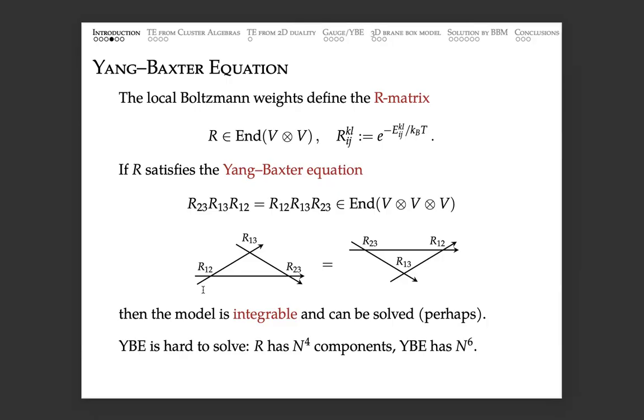Okay, so if you start from left bottom and then follow along the direction of these lines, then you first encounter the intersection of line number 1 and 2, and to which I assign this operator R12. So R12 is nothing but this operator R acting on the space V assigned to line number 1